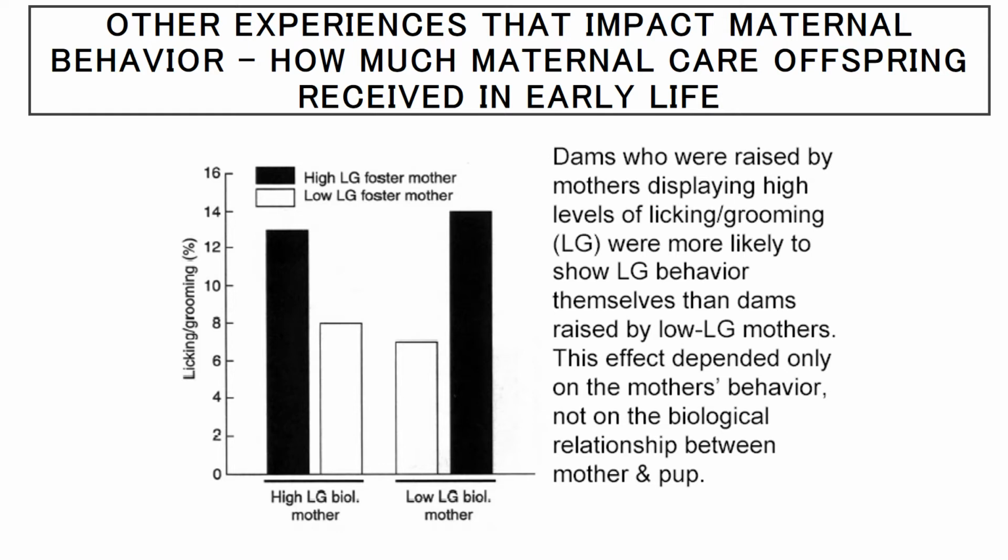So what about this experience then? Maybe this is something that's genetic, right? So maybe a high licking and grooming mother is going to be more likely to give birth to high licking and grooming mothers. One way we can test this is to do cross fostering. And it turns out that it's actually probably much more influenced by the experience